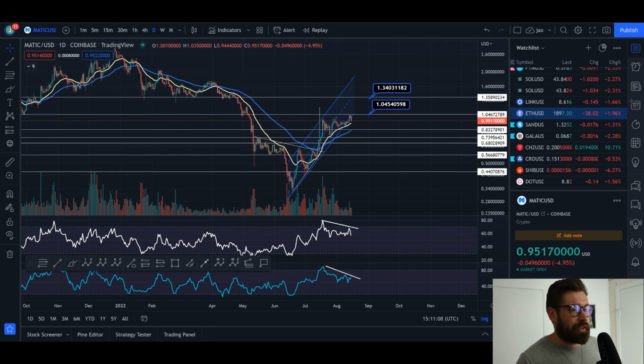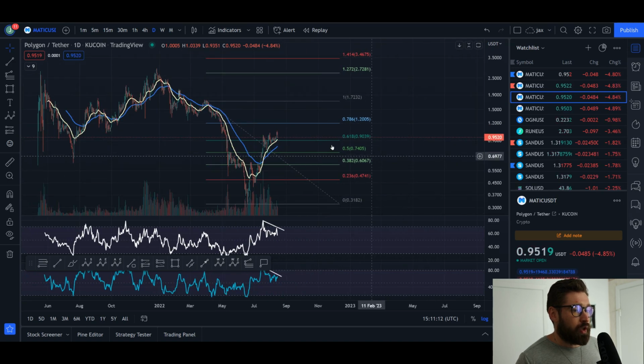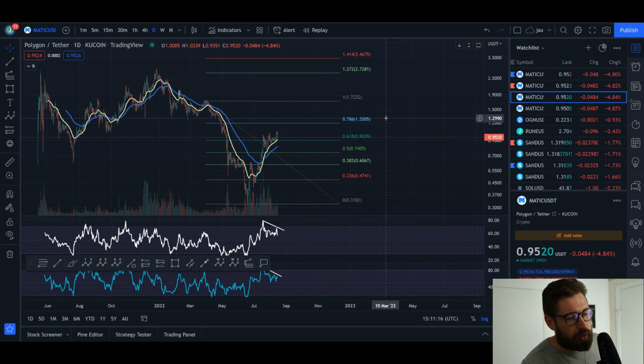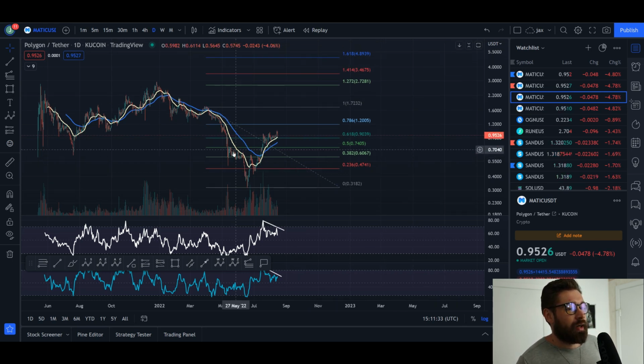for Matic. But as of right now, we're holding the golden ratio, as you can see right here. So if we hold that as support and we see continuation to the upside, it's an absolutely massive bullish signal of strength, and then you can push all the way back up to where you started if the golden ratio holds. So it's pretty much do or die for Matic. Does it hold the golden ratio and surprise, you know, pretty much everyone? Maybe not everyone, but definitely me, and see continuation to the upside, come all the way back up to where